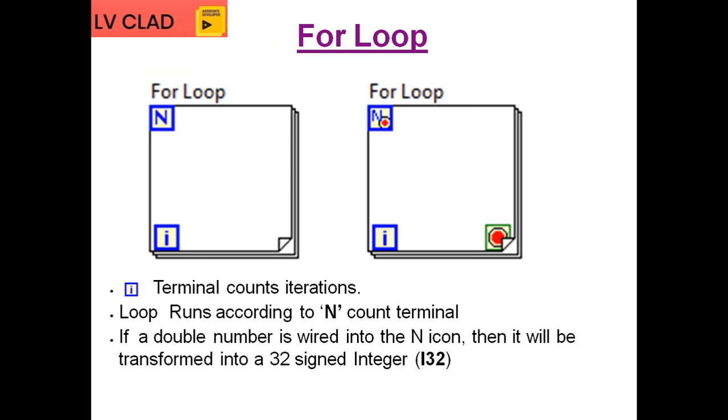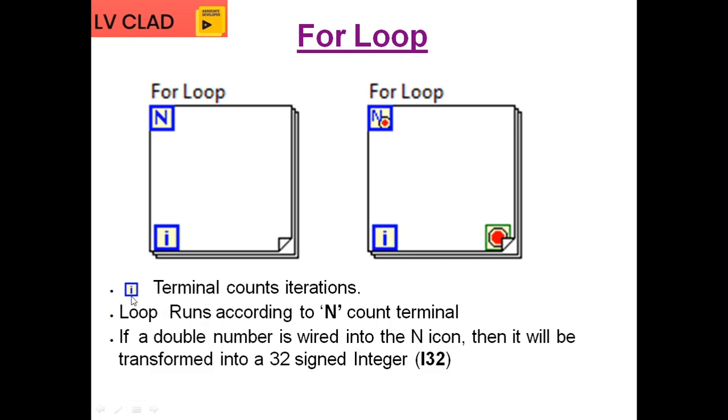As mentioned in the while loop, when you have a defined number of executions, you can proceed with the for loop. That's why we are introducing the for loop also. It's similar to all the programming languages. In the slide, you can see there are two structures available in the for loop. Both are for loop structures, but the only difference is whether you go with the conditional terminal or without the conditional terminal. That alone has been shown in the slide.